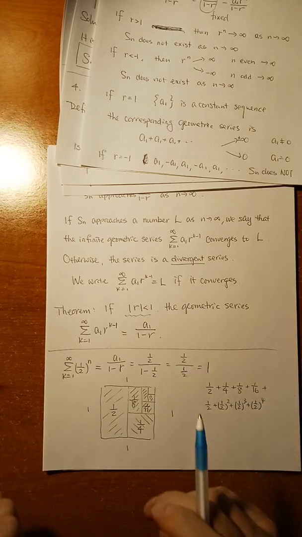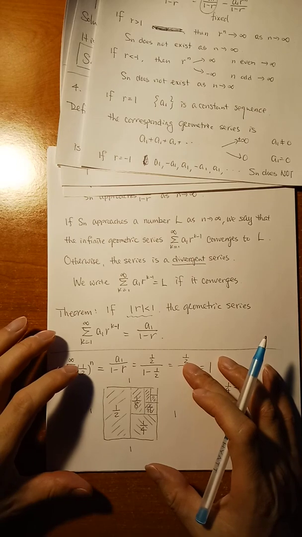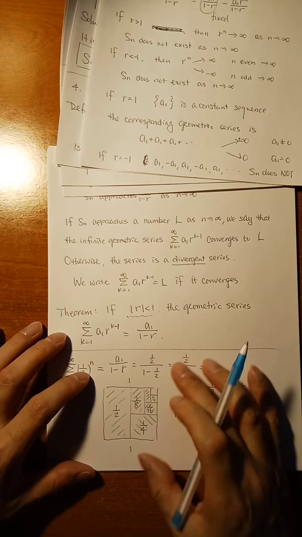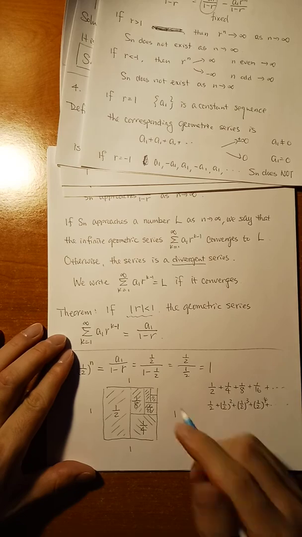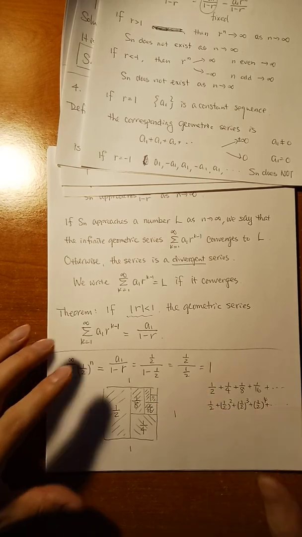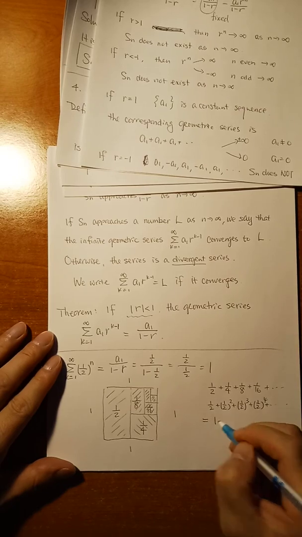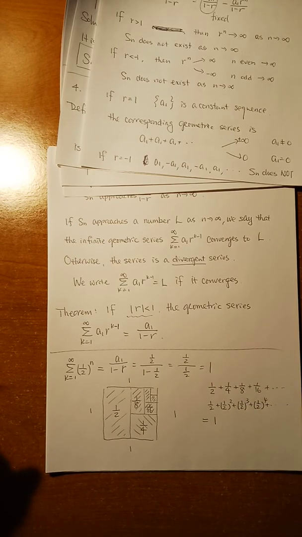And if you do not stop, you will cover the area of the whole square. So if you add all the numbers together, even though they are very tiny, without missing any term, then the sum has to be 1. 1 is the area of this square. Okay? So that's the geometric explanation of this